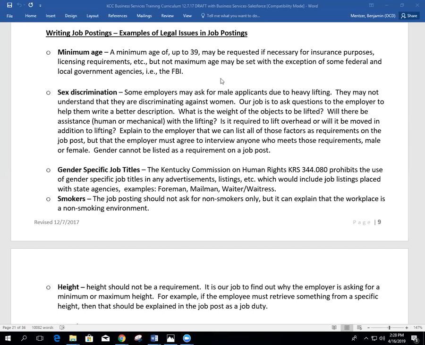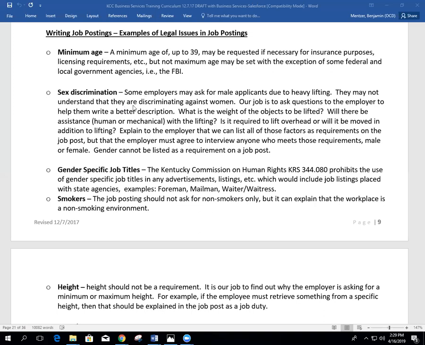Sex discrimination. You cannot discriminate based on sex, so they cannot ask for a specific gender. So you'll have to see here that that would be discriminating. So we do want to ask an employer, if they are asking for a specific gender, to instead ask for what the job description or what the job duties are, and to put in there so that somebody with that experience would obtain that job. And it wouldn't matter which gender they are as long as they can do the job.